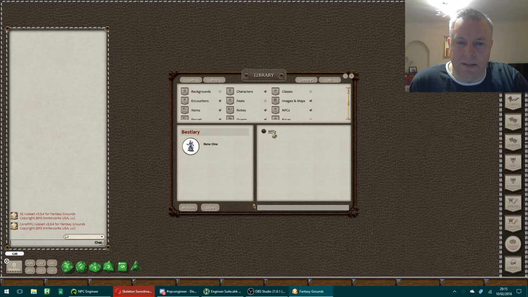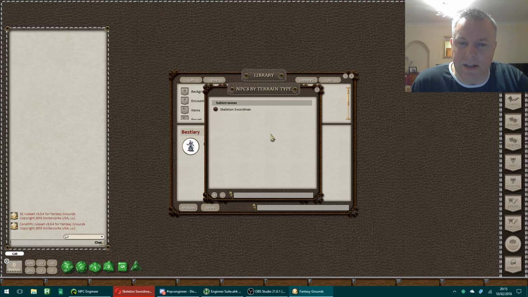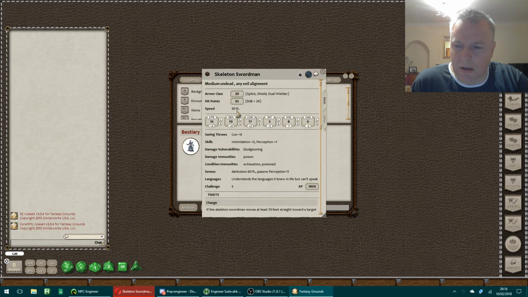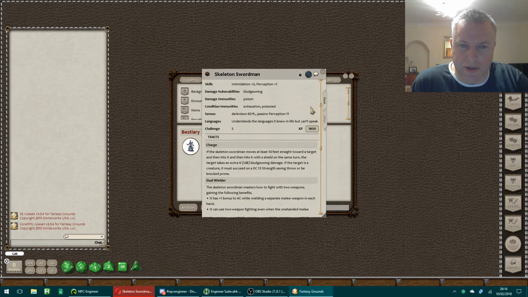Click on that, NPCs, and you'll see the usual sorts there: alphabetical index, challenge rating index, and class index, plus the two other ones that we added, mythology and terrain type. And it's just other ways of sorting, as I said. So Skeleton Swordman's in there, and you see all its information as you would expect. It's got a token there,